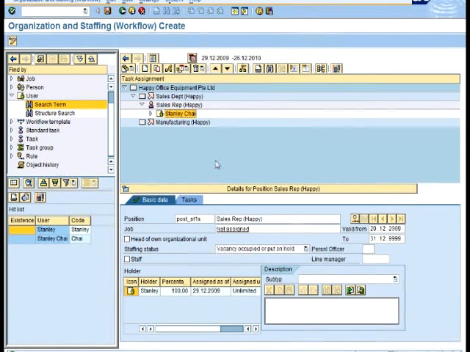A job is typically to be inherited or associated with positions. So multiple positions can be inheriting or associating with the same job specification. Okay. Now, before I do that,